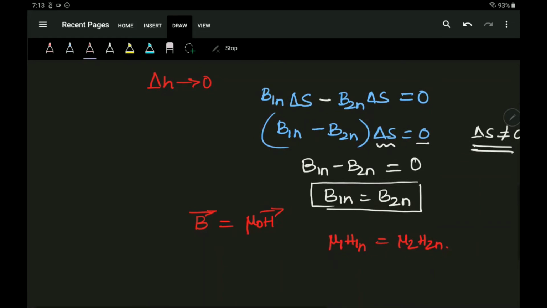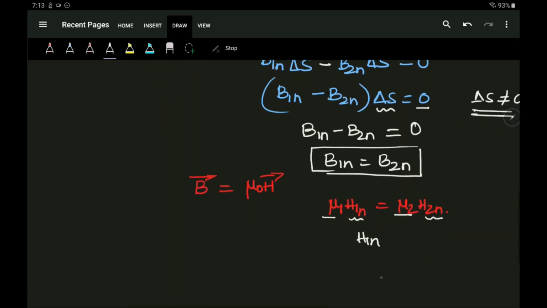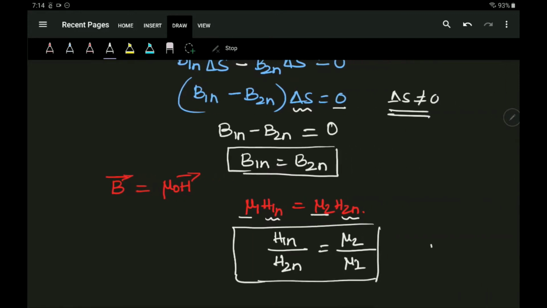So that means the magnetic field intensities are variable, because they vary with respect to the permeability. If I take a ratio of H1n over H2n, then if they were equal, this should be equal to 1, but this is not equal to 1 now. This is equal to the permeability of the second medium with respect to that of the first medium. Hence they are called discontinuous.